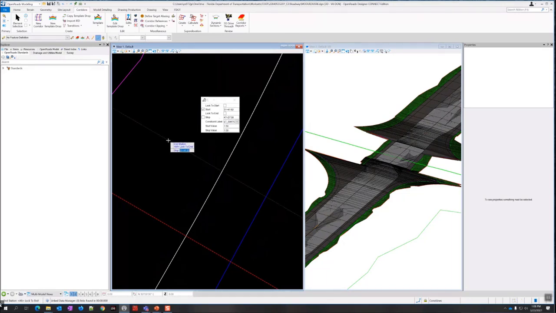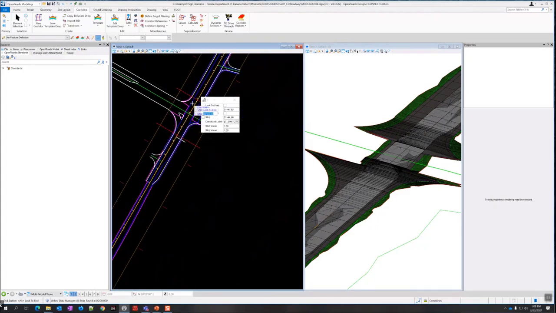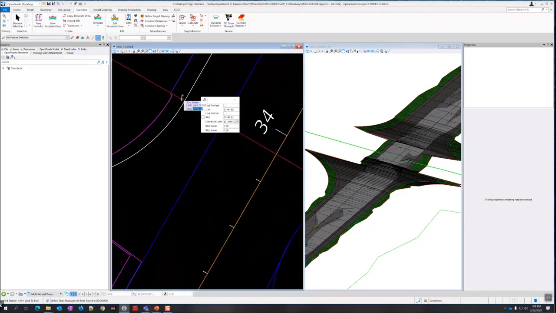And accept that. And the same thing on the end, except now we're going to subtract a hundredth. So if I try to snap, it's going to be 33+91.91. So I'm going to change it to 33+91.90, and then accept that value. And the constraint label, I've got to pick that from the list here, and that needs to be LT_Switch. So I'm going to accept that.